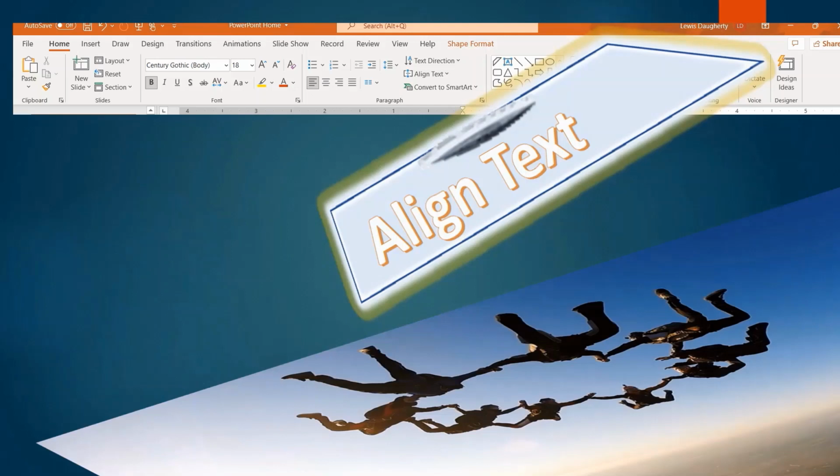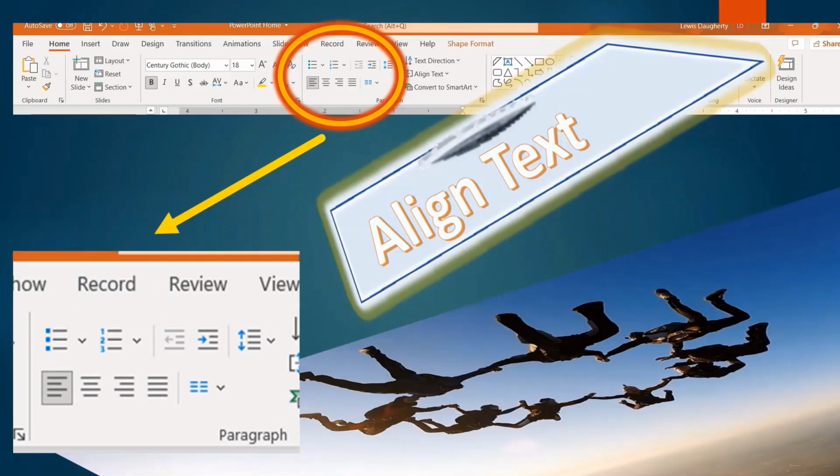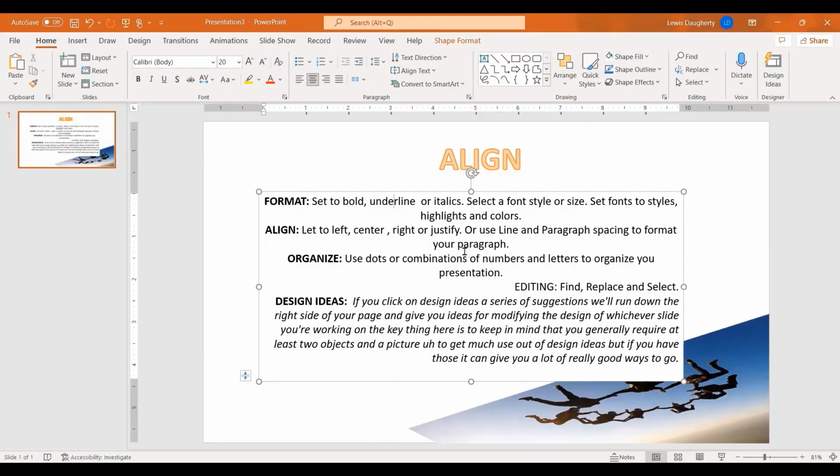Let's leap to the next tool. In many things, being correctly aligned for the situation can make a big difference. In paragraph, you can align, add numbers or dots, and set paragraph formats, just as in Word. Just as with Word, we'll have the need to align text in PowerPoint. For example, we have this